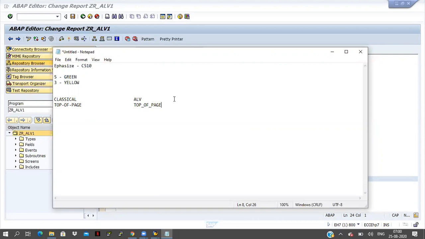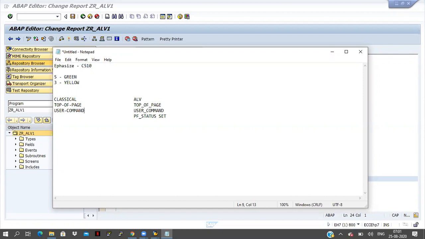And the way of calling the events is also different here. In the ALV, a few more events are also there, like user command, and PF status set.